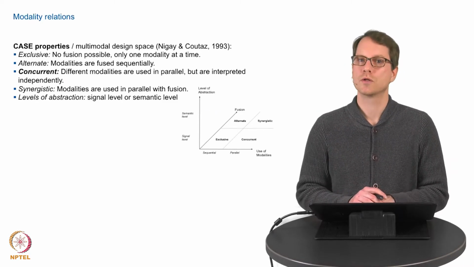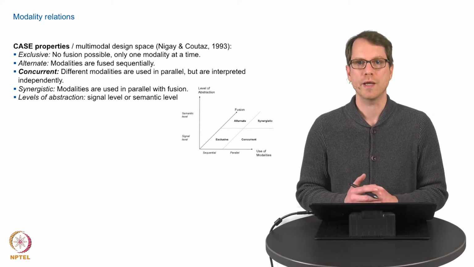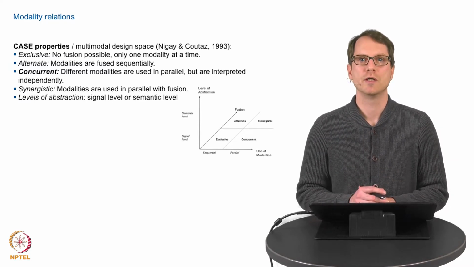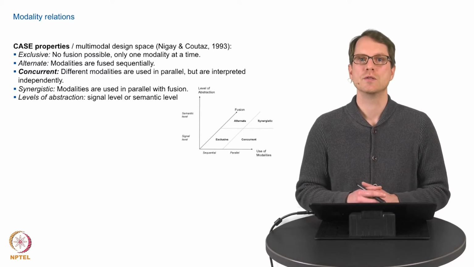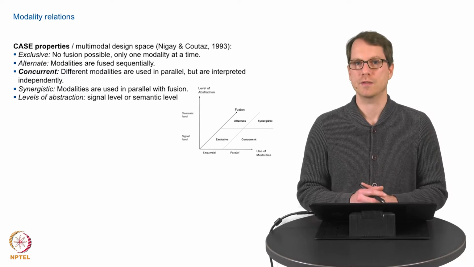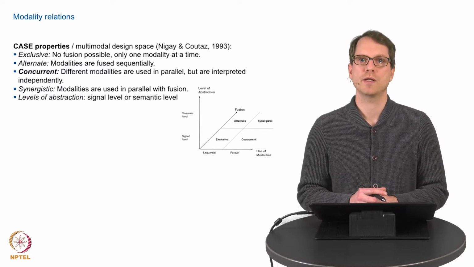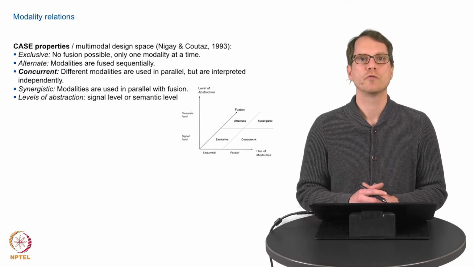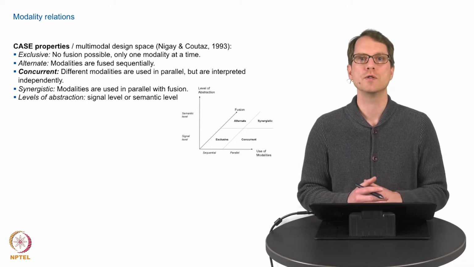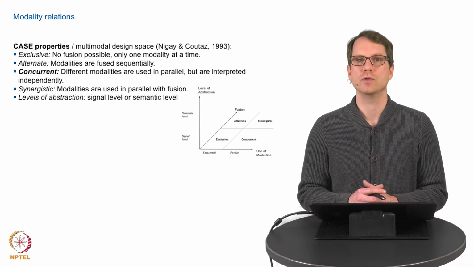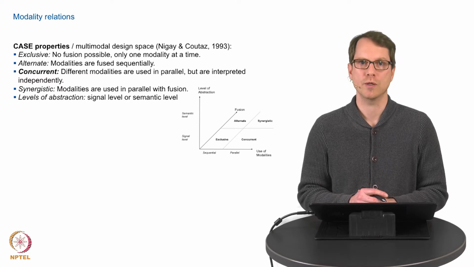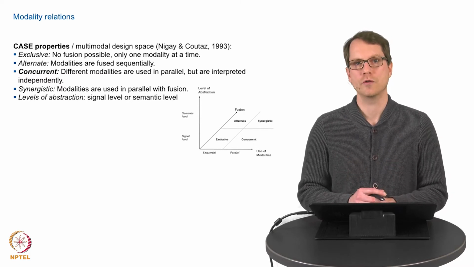The third one is concurrent, and this means the system can process information from different modalities, but they are mutually exclusive. That means they are used for different tasks. This is a rare system, but actually there have been built such systems. For example, you can dictate a text via voice and use a command or buttons or something else in order to delete a file or do a different task, like starting a different program. So this information on different modalities is not used in a combined way.